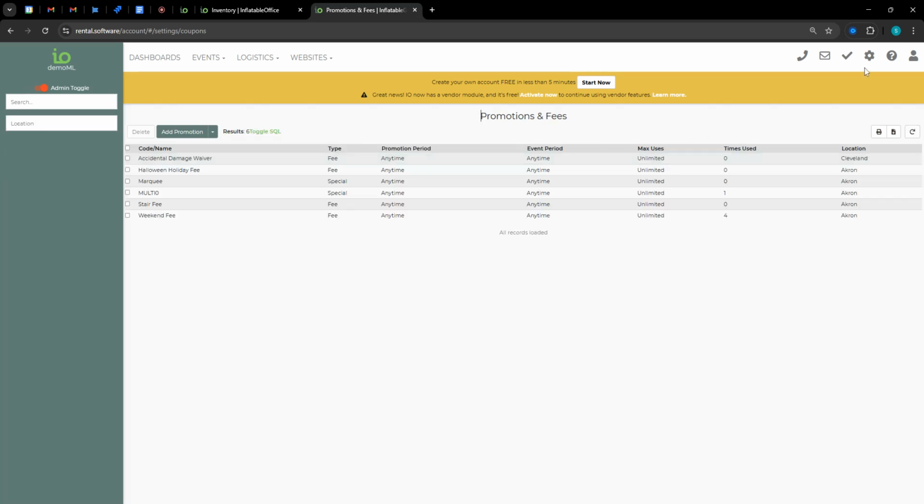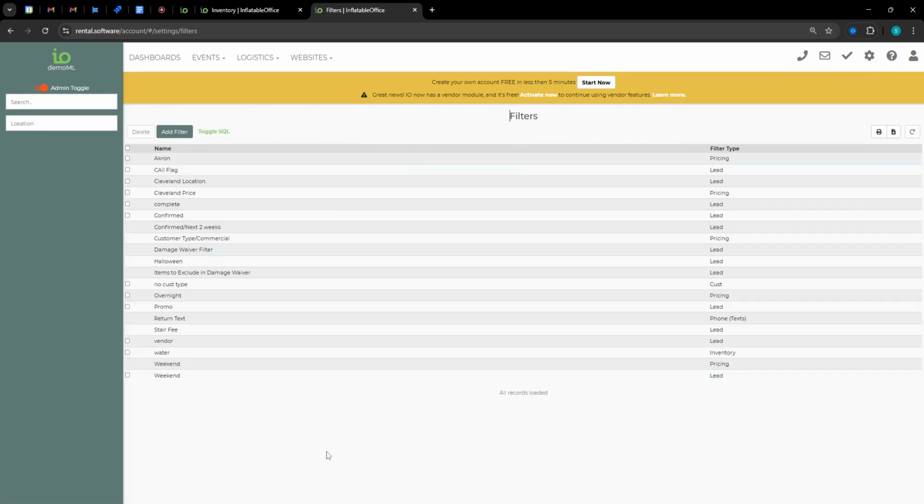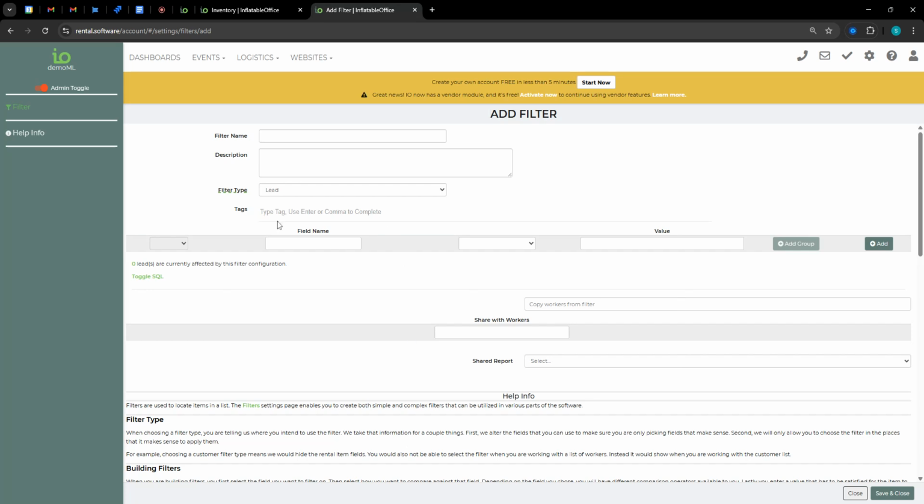Let's do one more filter. Let's think of one that you would maybe use for an automation. So automation, let's do a revert back status. Status revert. So this can still be a filter type lead. And let's say you want to,